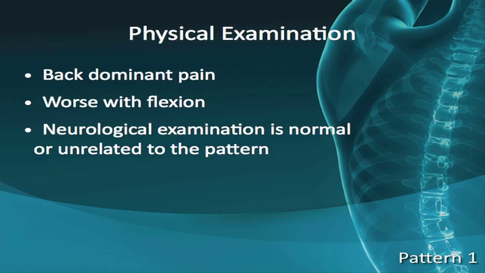The physical examination is exactly what you think it should be. It's pain in the back that's made worse on forward bending. So if you've told me it's worse when you bend forward, and I say bend forward, and you say, yeah, that's worse, that told me what I wanted to see. The neurology in pattern 1 will be negative because this is not root involvement. This is referred pain from a sore thing. And that thing is probably the disc, but whatever that is, it's the thing. So there isn't root involvement. You won't have deficit. If there is a deficit, it's unrelated to the pattern.